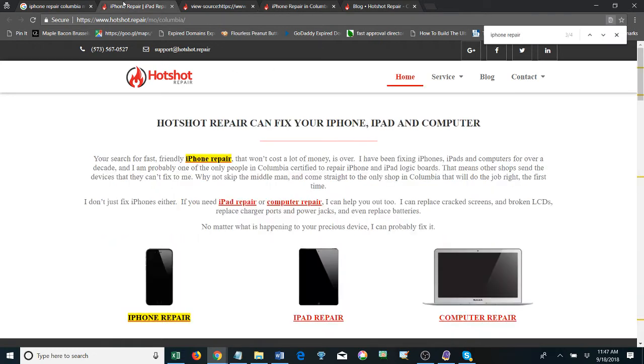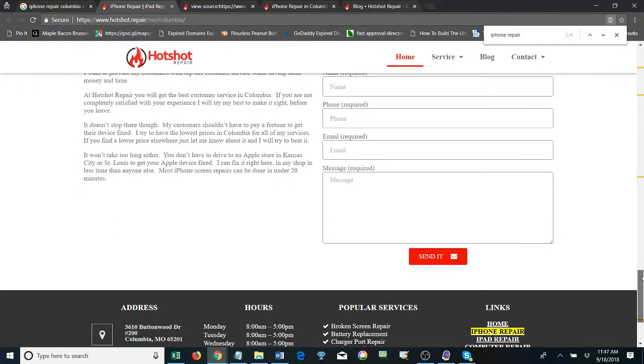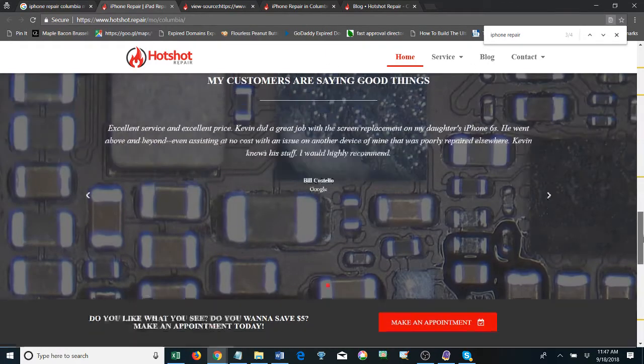So make sure this page is no longer targeting iPhone repair. We want to take away some of the strength from iPhone repair. We want to remove it from the title tag. We want to remove it from your H1 tag that we cannot see here, but we saw in source code. And I would also remove it from your alt tag. You might be okay with leaving iPhone repair here in the context, but we won't know until you start making some of these changes and we see how Google reacts. So you might leave this for last, do all the other suggestions first.